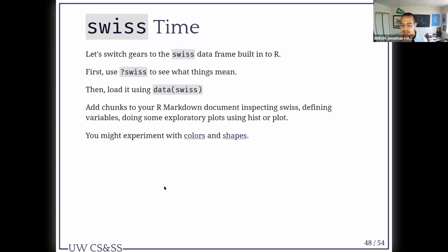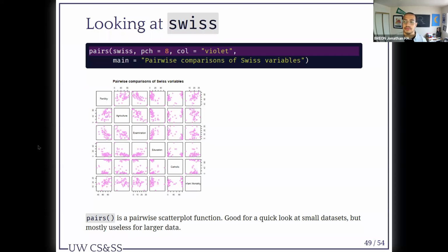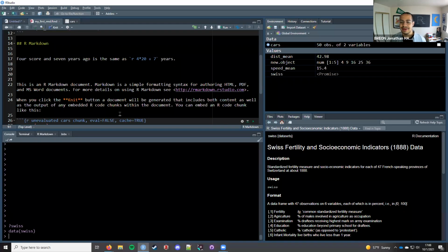Okay, next we're going to add chunks to our markdown document, inspecting the Swiss data set, defining the variables, and doing some exploratory plots using hist or plot. You might experiment with colors and shapes. One option that's available to us right now is to use the pairs function.